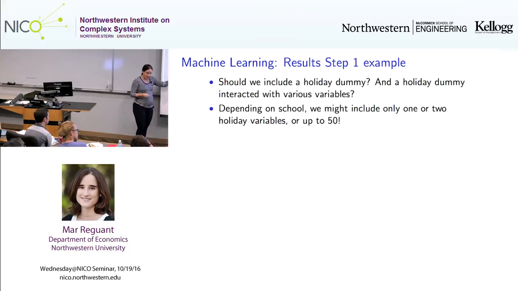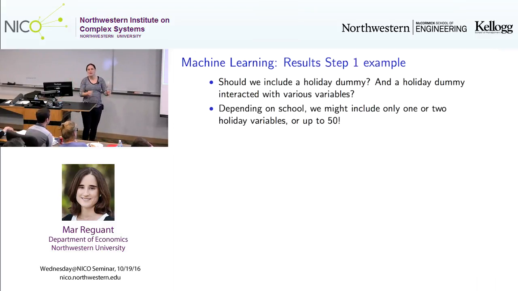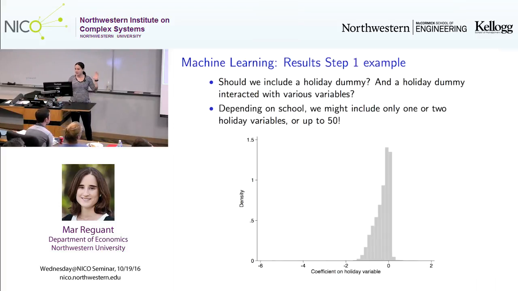By doing it in this machine learning approach, what we make sure is that the coefficients on these variables are not too crazy. If we tried to force the 50 holiday variables for every single school, we would get very, very crazy numbers. But by restricting the number of variables, we find estimates that don't have massive outliers. And for the most part, they are all negative, which is intuitive. Holidays are reducing electricity at the school level.